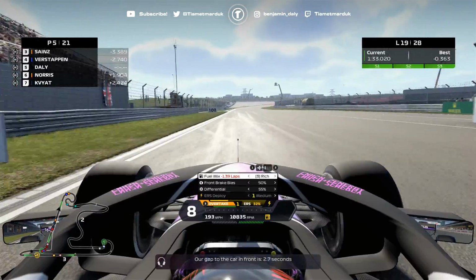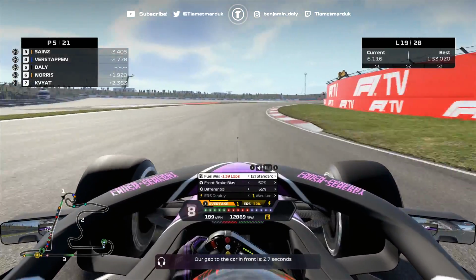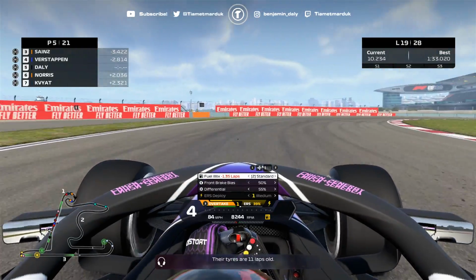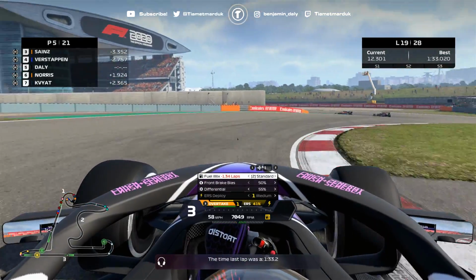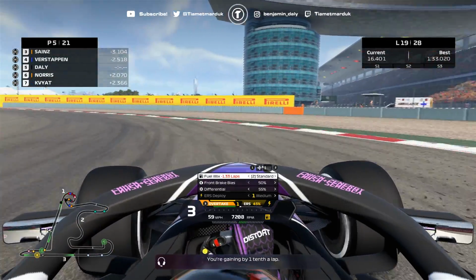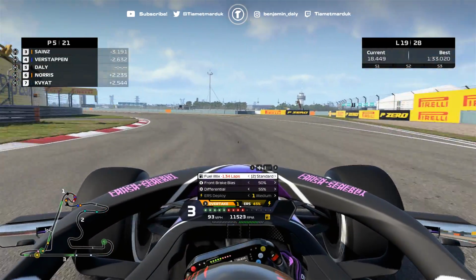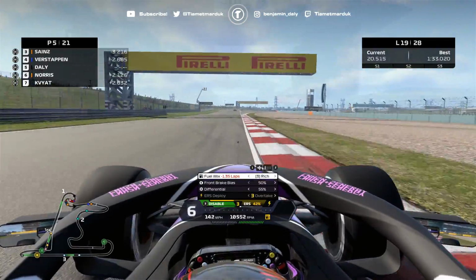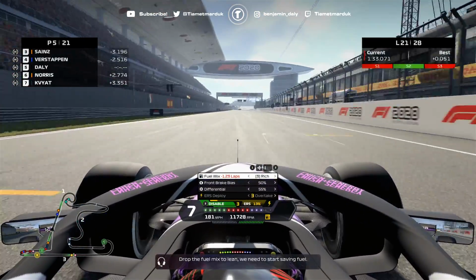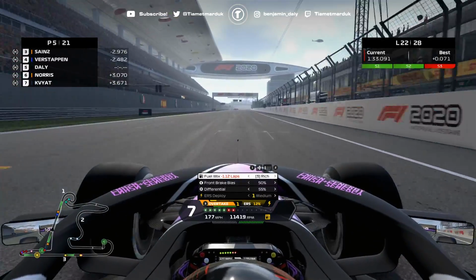I can't believe the team. Verstappen is ahead of you. Our gap to the car in front is 2.7 seconds. They're on old hards. Their tyres are 11 laps old. The time last lap was a 1 minute 33.2. You're gaining by a tenth a lap. A tenth a lap gained on Verstappen. This is going to be a big old grind to see if I can catch him for the rest of this Grand Prix. But I can't believe the team didn't suggest this as the default strategy at the start of the Grand Prix